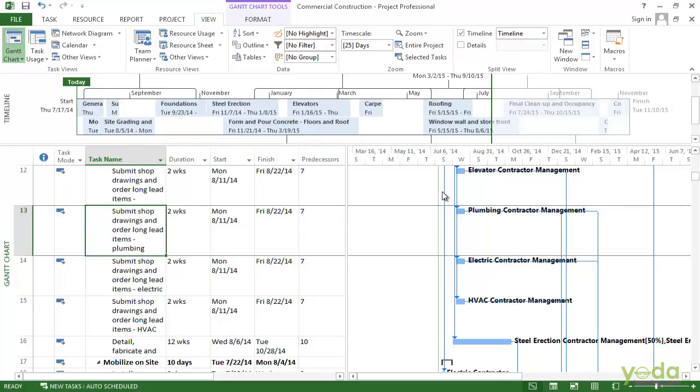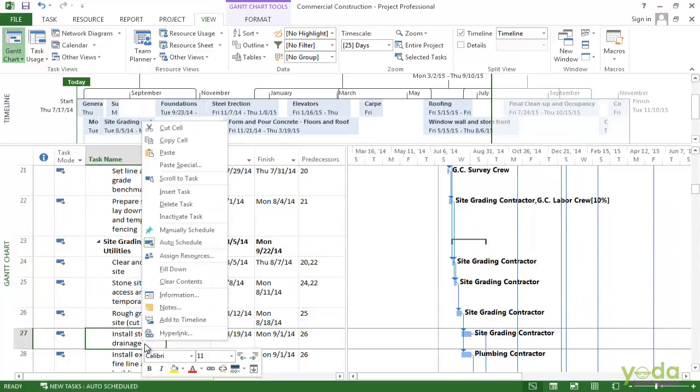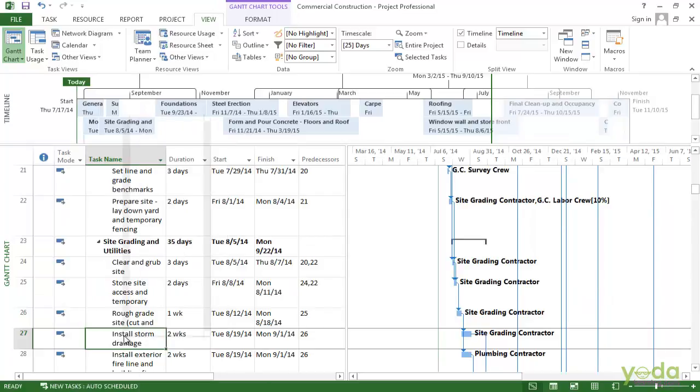I'm going to add a couple of other things. I'm going to add here install temporary water supply, say install a storm drainage. Now a couple of things to notice: the milestone that I added shows up as a milestone on the timeline. But the install storm drainage, that's a task. It's a short one, but it's a task, and it shows as this narrow little bar here,